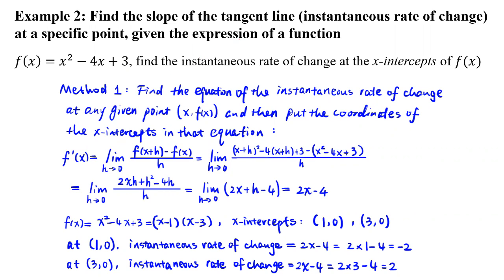So for this specific problem, because we're going to evaluate the instantaneous rate of change at 2 points, I think method 1 seems a little bit easier, right? Because once you have the equation of the instantaneous rate of change at any given point, you can simply put the coordinates of any point into that equation to find the instantaneous rate of change at that given point. So for example, if you want to evaluate the instantaneous rate of change at 4 different points, then you can just plug the coordinates of the 4 different points into that equation to find the instantaneous rate of change at those specific points, right? It is much easier than using method 2, because in method 2, each time